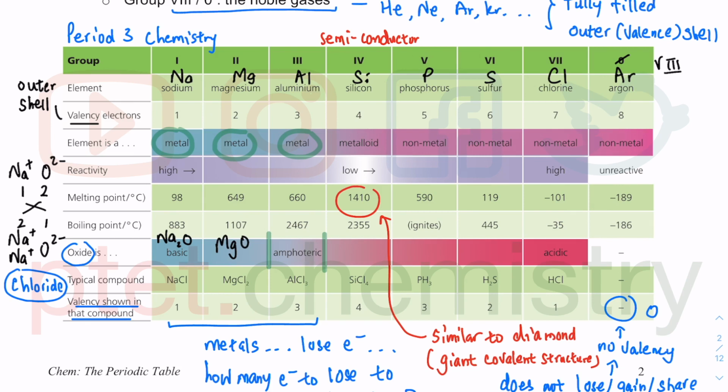Aluminium oxide is very special, amphoteric. Al2O3, better write it down somewhere. Al2O3, Al3+ and O2-. Case study: electrolysis of Al2O3, dissolved in cryolite to help lower its melting point. That's how you extract aluminium from bauxite, which is Al2O3, the main ore inside bauxite. Amphoteric oxide reacts with both acids and also bases. Silicon oxide, SiO2, and then phosphorus 5 oxide, P4O10, but phosphorus can also exist as phosphorus 3 oxide, which is P4O6, so